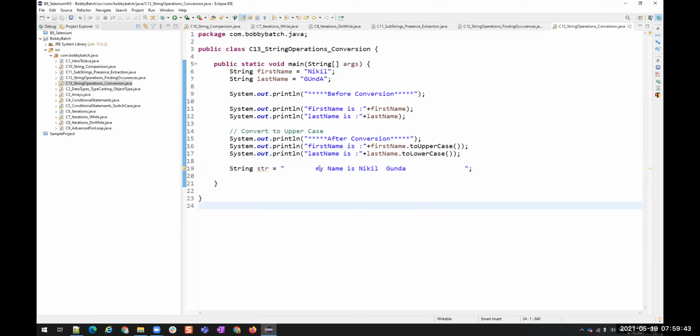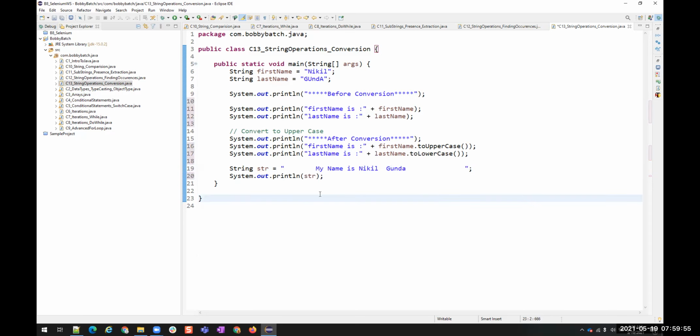Let me print this with System.out.println of str, before removing spaces.